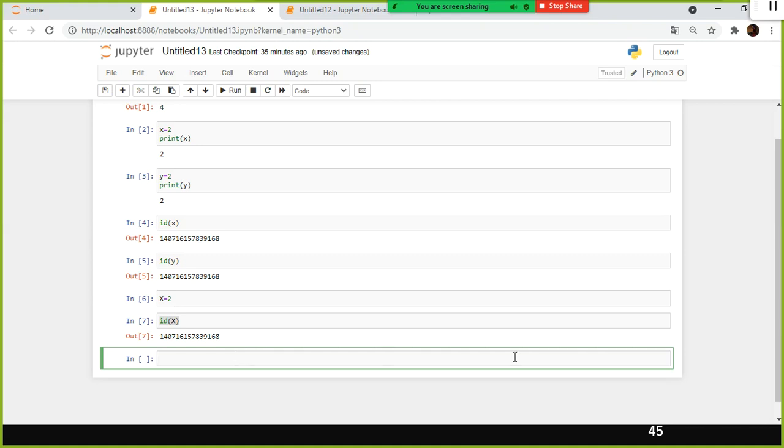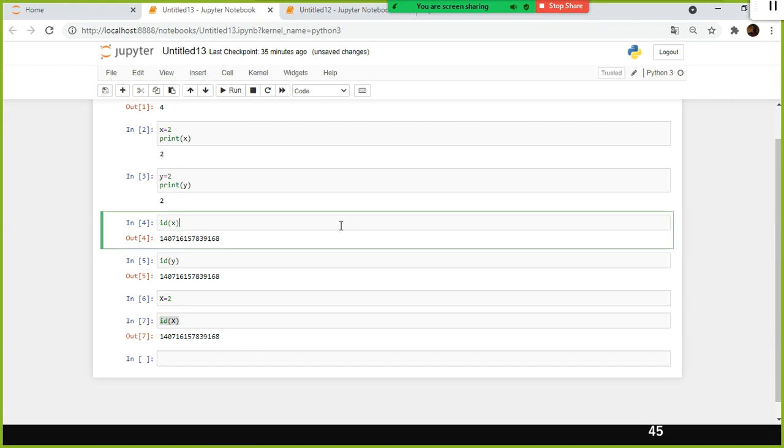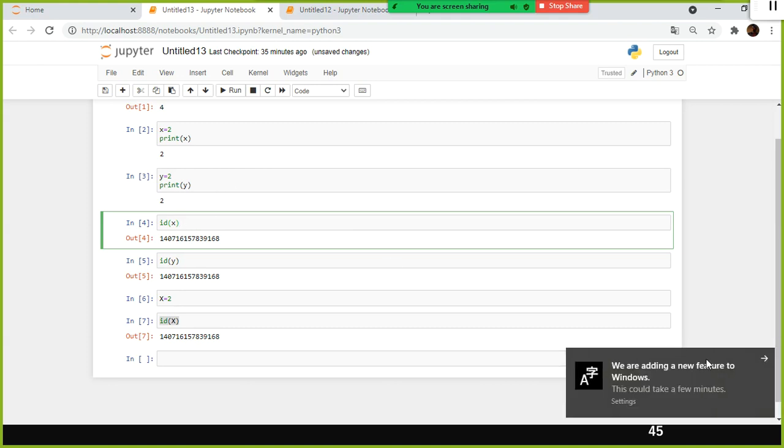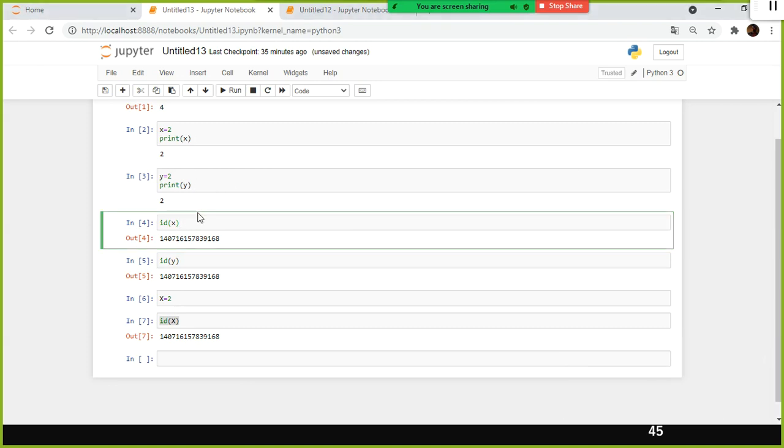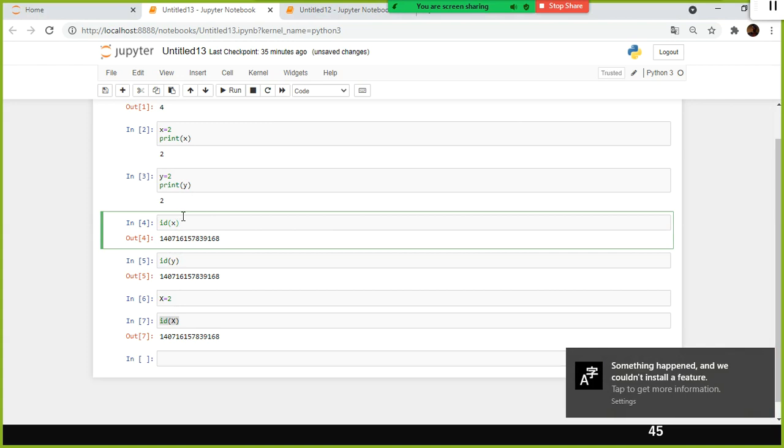How many of you are aware of the C language, C or Java? Kishore, why don't you tell me what is the address of a variable? It's kind of the ID of x, nothing but the address of a variable, right? So in which address is the value for x stored?